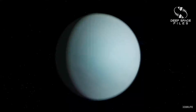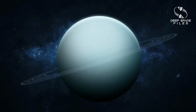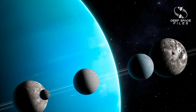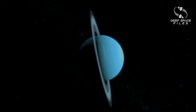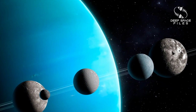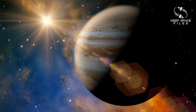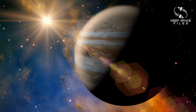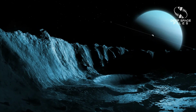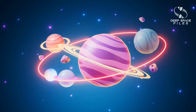But the story of Uranus isn't just about one planet. It's a window into the workings of ice giants across the galaxy. Up to now, Uranus and Neptune have remained largely unexplored, even as astronomers discover hundreds of exoplanets in distant star systems that resemble these very worlds. The secrets locked within Uranus could help us decode the behavior, composition, and potential habitability of countless other planets beyond our solar system. To truly unlock these mysteries, scientists are calling for new missions, dedicated orbiters equipped with next-generation instruments